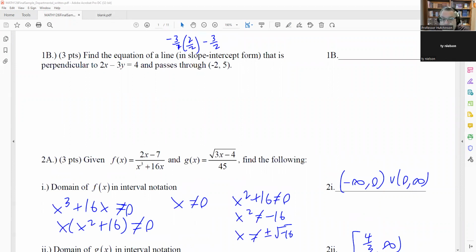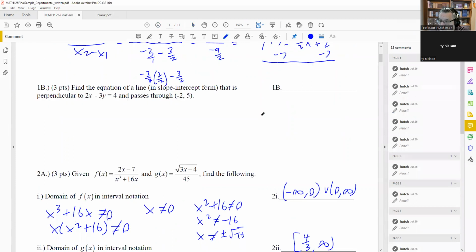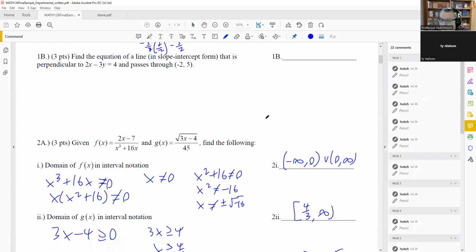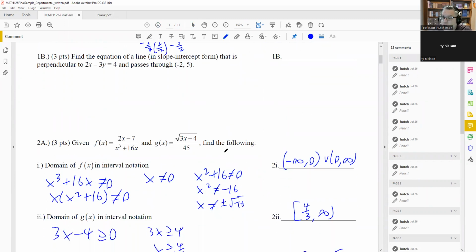Okay, so version B is another one where we want to use, this is a little bit different than the one we did before. The one up above here, we had to use the slope formula. But now it's a little bit different. So we want to make sure, again, you know how to do both version A and version B on this one. So it says, find the equation of the line in slope-intercept form that is perpendicular to this one and passes through